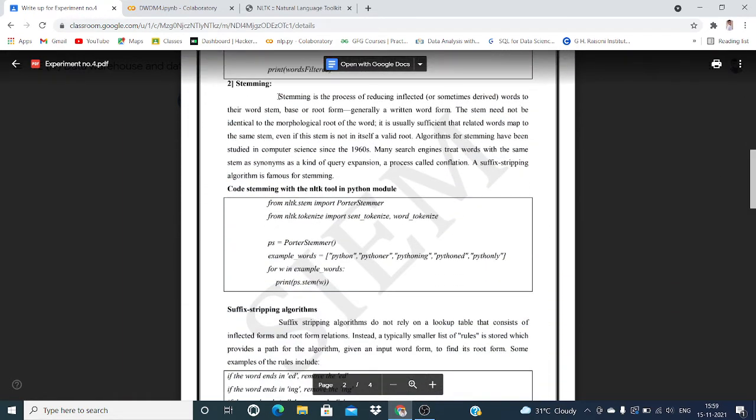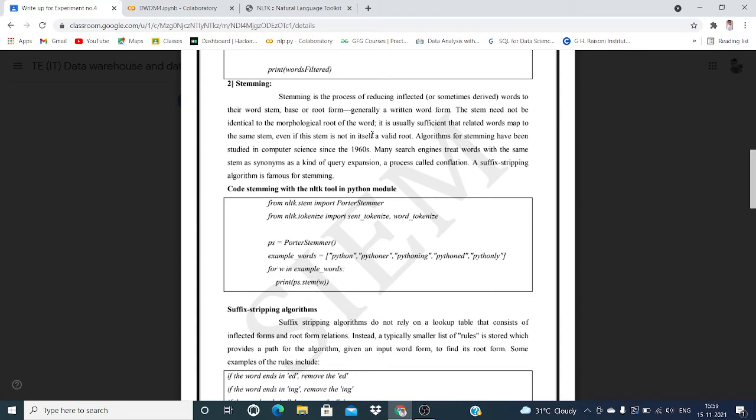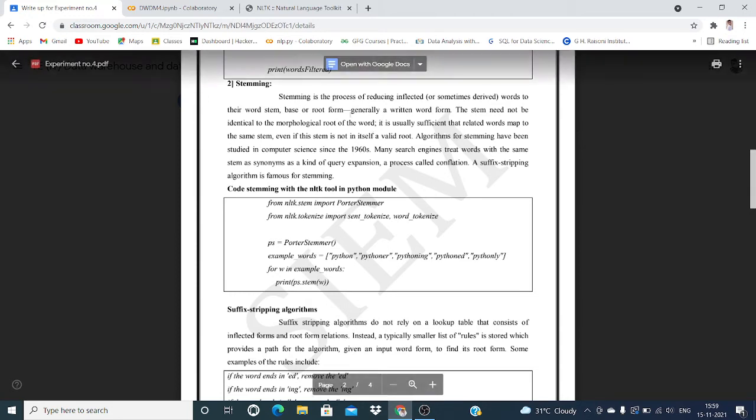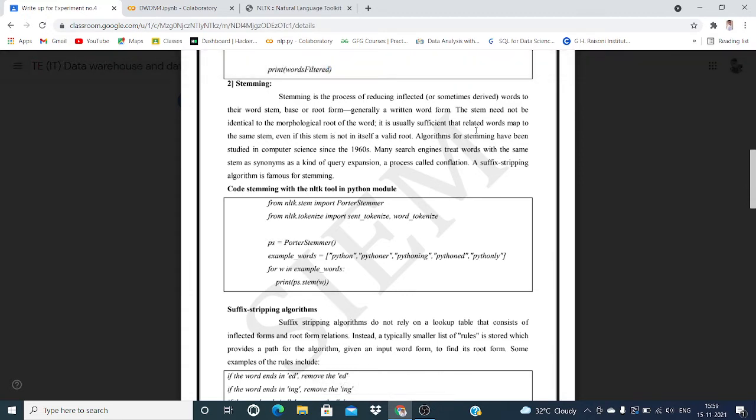Next is stemming. Stemming is the process of reducing inflected or sometimes derived words to their word stem, base or root form, generally a written word form. The stem need not be identical to the morphological root of the word. It is usually sufficient that related words map to the same stem, even if this stem is not in itself a valid root.